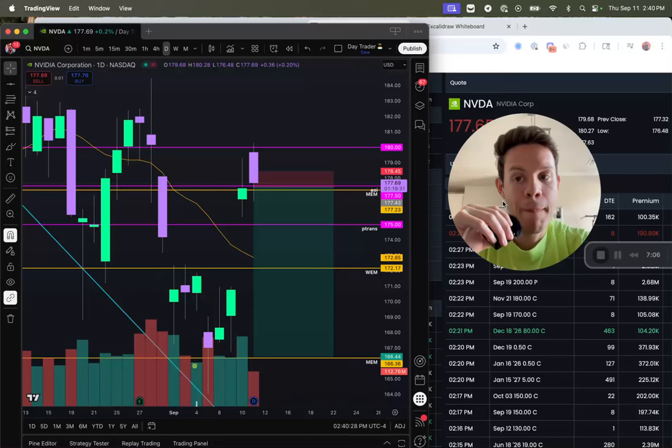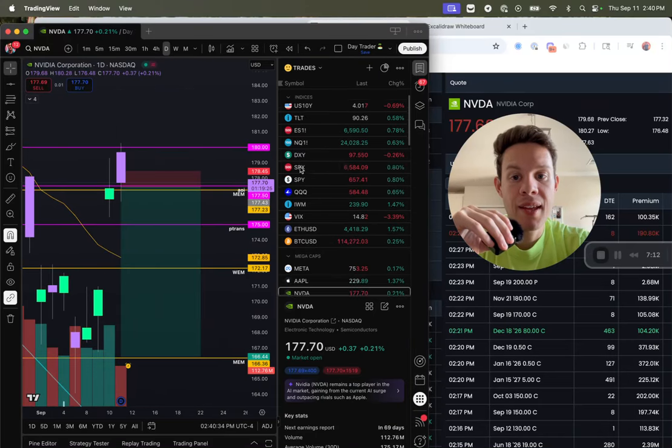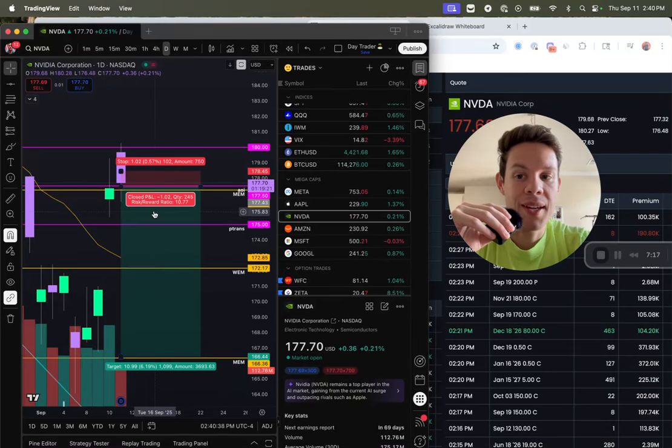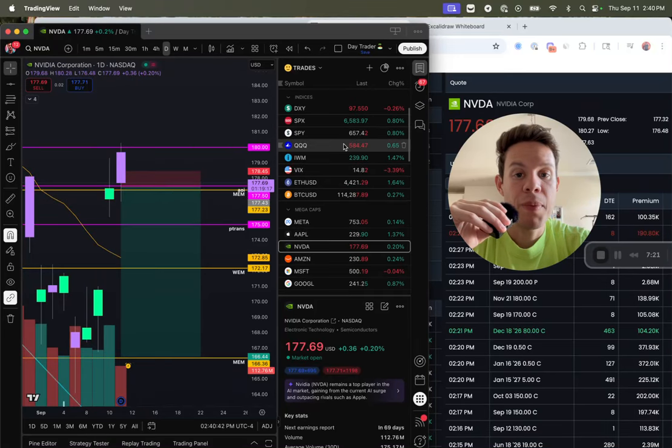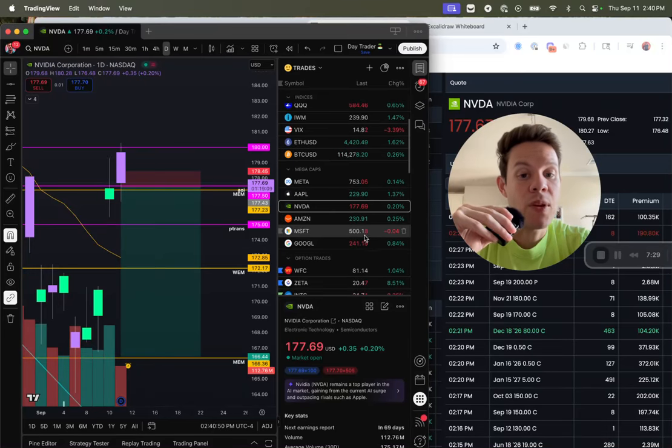Now, from looking at the news from today, Nvidia is not that strong. Okay, you can see here it got rejected. SPY hit 0.8, almost 1% today. I think 0.9 something at all-time high today. And Nvidia is one of the weakest, as well as Microsoft, as well as Amazon, and Meta is pretty weak. They're all pretty weak. All the mega caps are pretty weak.